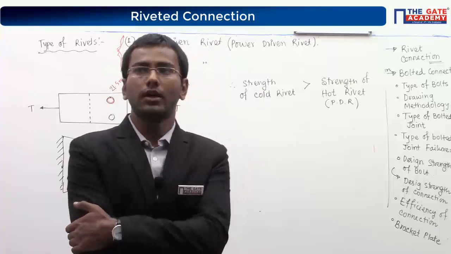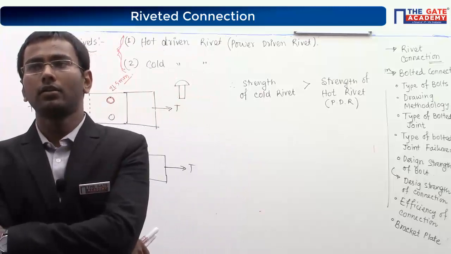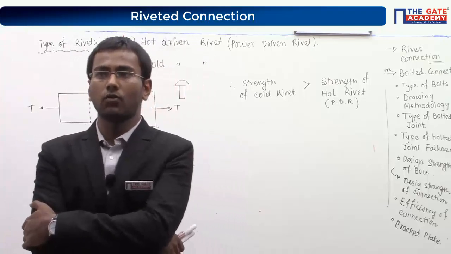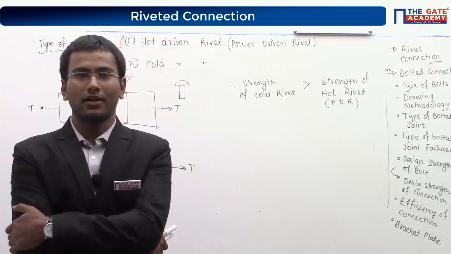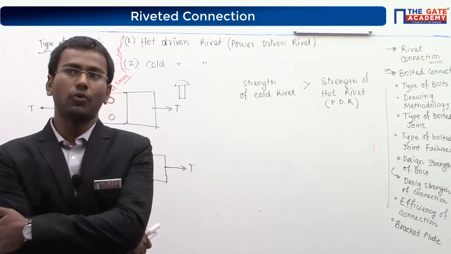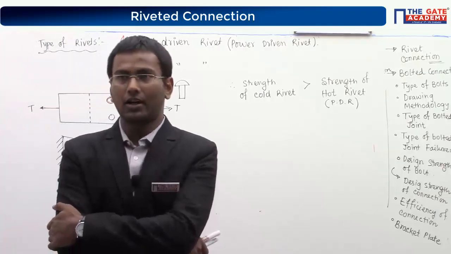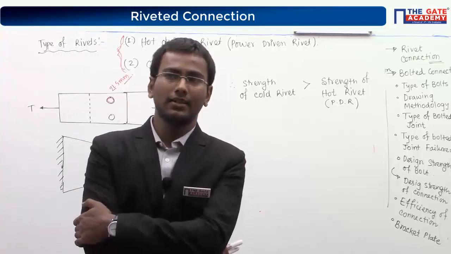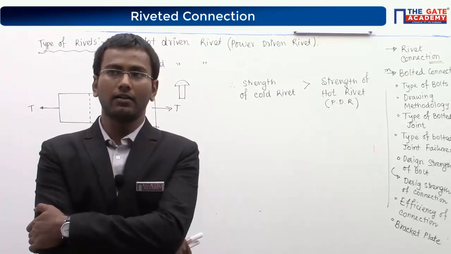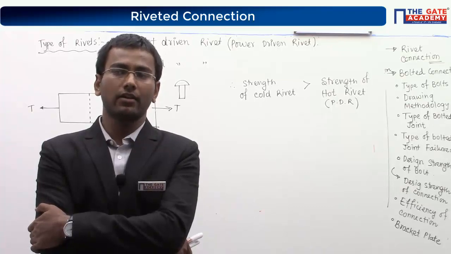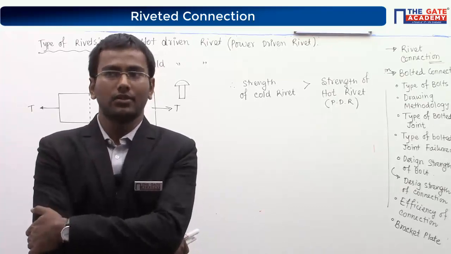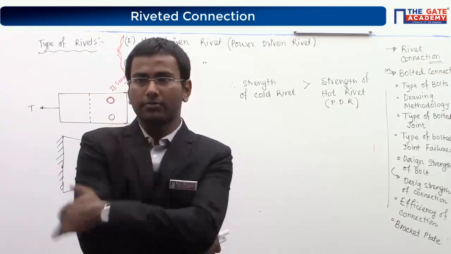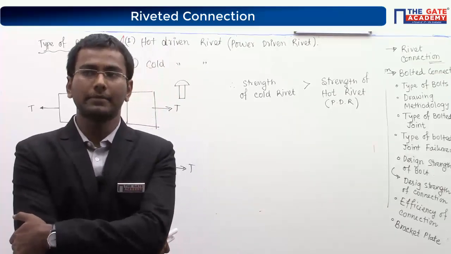Okay, Rituraj has asked, can't we maintain the shank diameter so that it takes the diameter of the hole after cooling? How is it possible? It means you are telling that after riveting has been done, you want to bend the shank in a sideways direction. Is it? You want to bend the remaining part of the shank in another direction, is it?